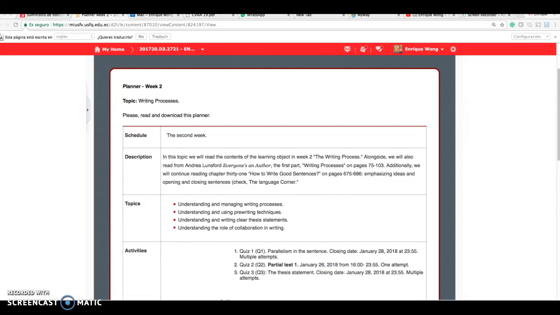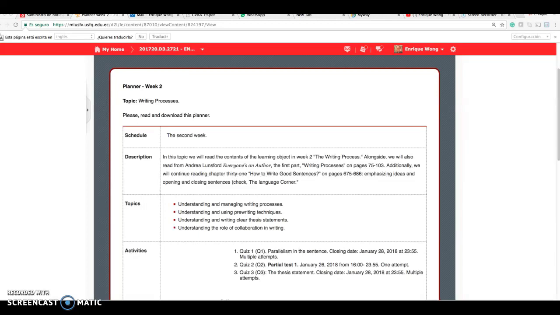As the first thing I recommended that you should do, you need to open the planner of the week and then get acquainted with what you have to read. In this second week, you have to read one chapter from Andrew Lanford's book, Everyone's an Author, Writing Processes, on pages 75 through 103, and you have to continue reading the material from the learning,